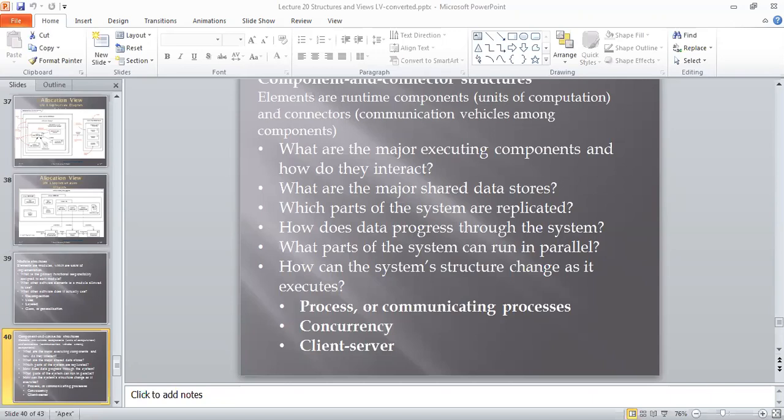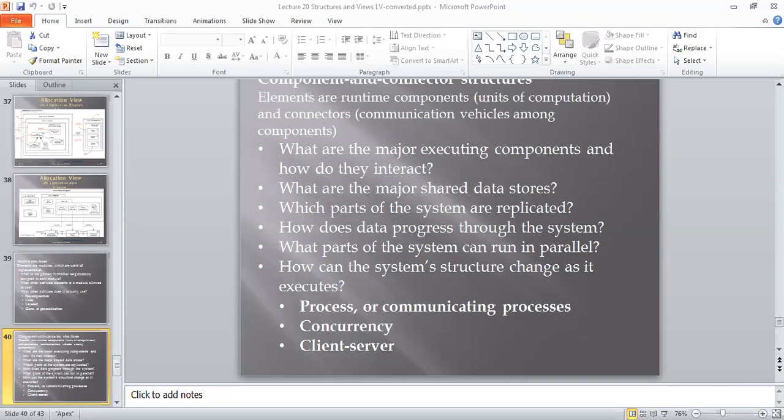Last one, work assignment. Work assignment means assigning responsibility for implementing and integrating the models to a particular development team. So deployment is how it is deployed to the client side and communicated to the stakeholders. Implementation is how we are going to implement the software architecture and how it is communicated to the development team. And work assignment means you have to assign a particular task to a particular development team.